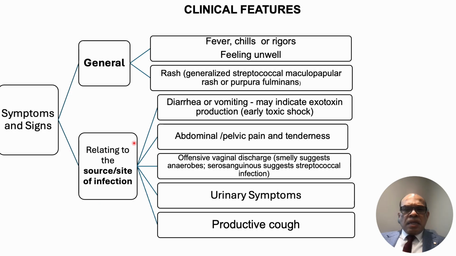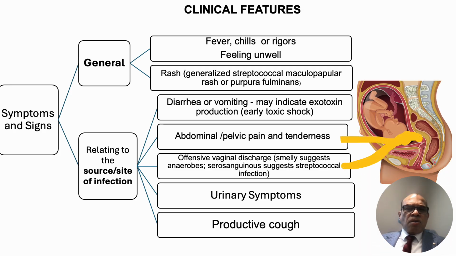Then it all depends on where the bacteria is. You might have abdominal pain and tenderness if there's peritonitis. We may have offensive vaginal discharge if it is an intrauterine infection, urinary symptoms if it is UTI, and pulmonary symptoms like productive cough. So depending on where the organisms are,